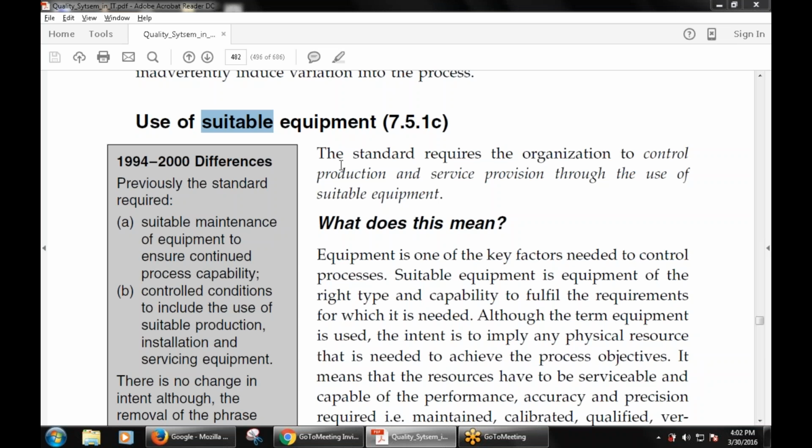Chapter number 7, and the new topic, that is the use of suitable equipment. In the last class we have discussed some topics of chapter number 7. Today I am going to continue with the same chapter but with a different topic, that is the use of the